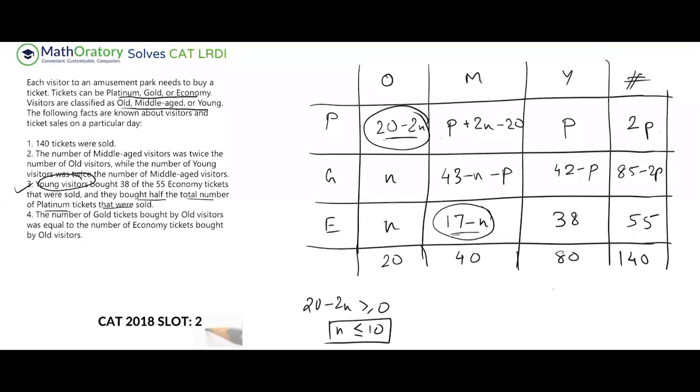Now, here, just try to validate whichever you have figured out. If I put n less than equal to 10, whatever value of n I substitute here, this will also automatically be non-negative, right? So this is not having any additional constraint. What I meant to say is, if you do the same thing using this 17 minus n, you'll find that 17 minus n is greater than equal to 0, implying n less than equal to 17.